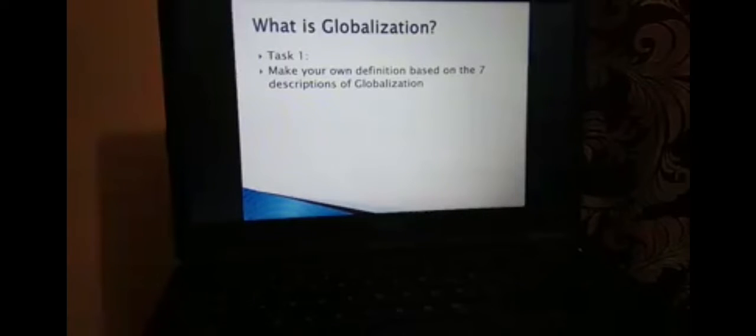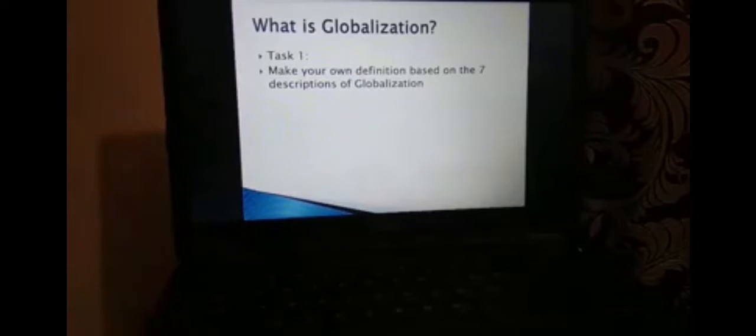Maybe a single sentence definition of globalization. And where will you write this? You put this in the discussion board in our Blackboard. So you go to Blackboard, you find our class, and then there's a button there which says discussion board. I will open it, and you can put there your own definition of globalization.